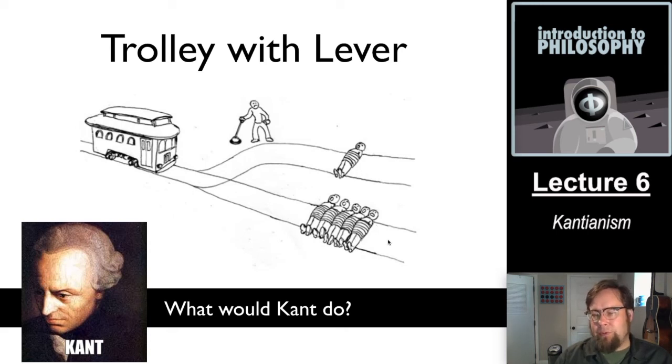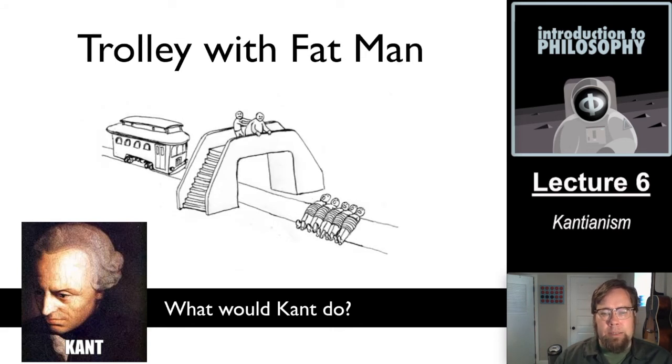The trolley was going to kill them anyway. You aren't the one making them die if you do nothing. But if you do something, you are making this one die. So that's how Kantianism is supposed to make sense with respect to the trolley problem. We get a similar answer to the version of the trolley with the fat man. Again, you're not justified in killing one person, even if there are these great consequences of saving the lives